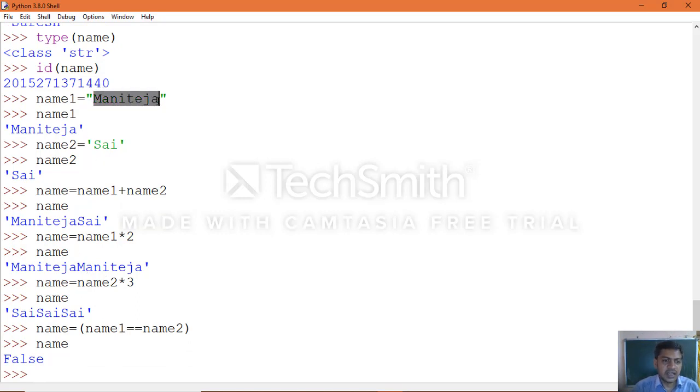In this string value comparison, we start with the ASCII value of the first character of the first variable and the ASCII value of the first character of the second variable, and compare both. If they match, it proceeds to the next character. If they don't match, there is no need to check further. So if the first character itself is not equal, it will not proceed, and that's how we see false. A boolean value is returned.